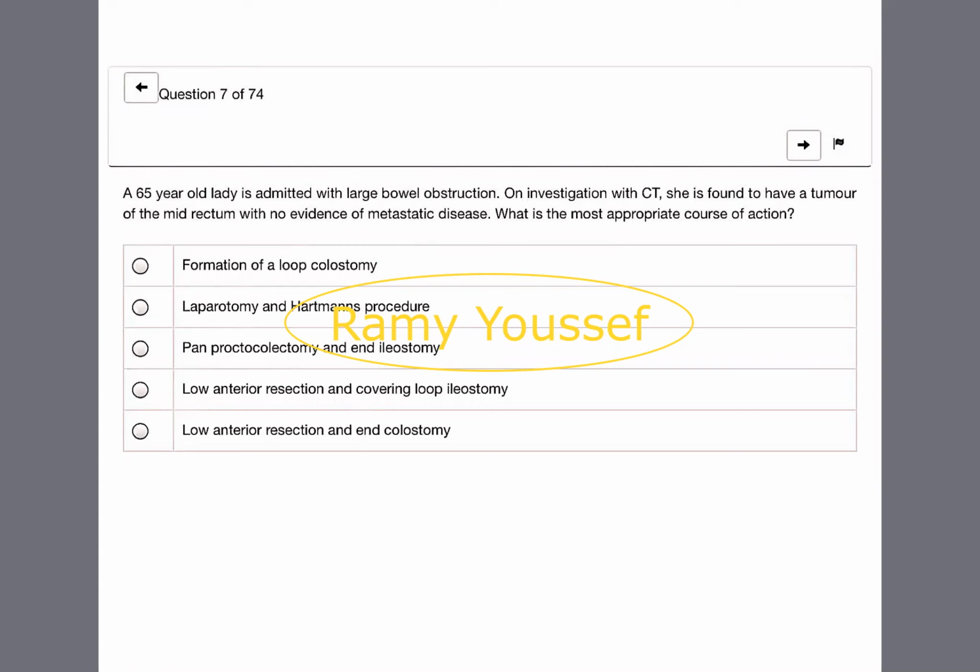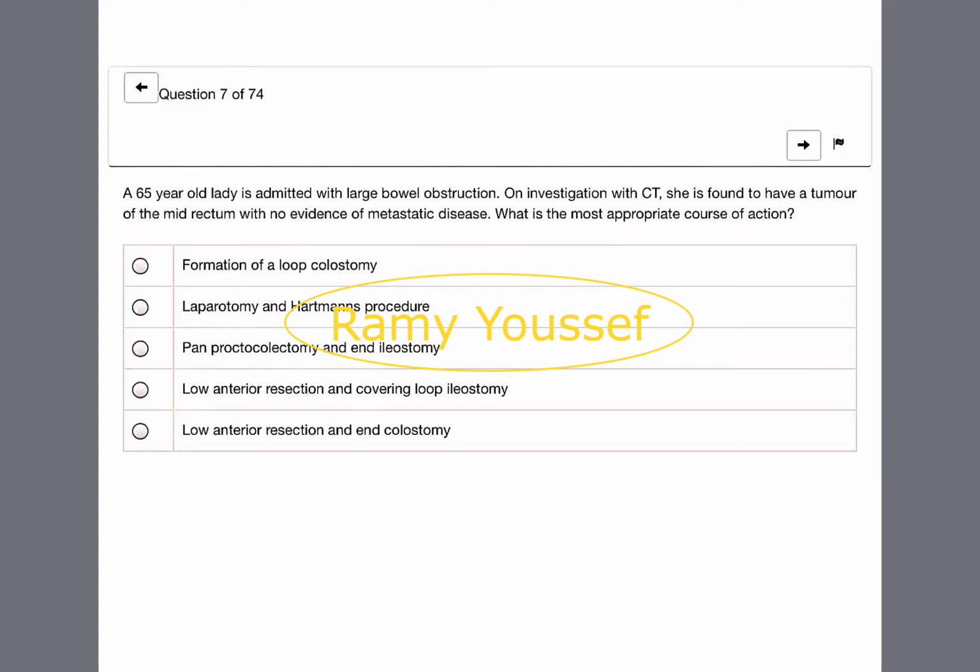65. Mid-rectum. Low anterior resection and ileostomy. Is this the definitive treatment or like, she's obstructed. She's an obstructed patient. She will not go for the definite treatment now. So okay, we're thinking about loop colostomy. Loop colostomy. Okay, let's think about, yes, she's right, loop colostomy, but let's think how we are approaching the answer